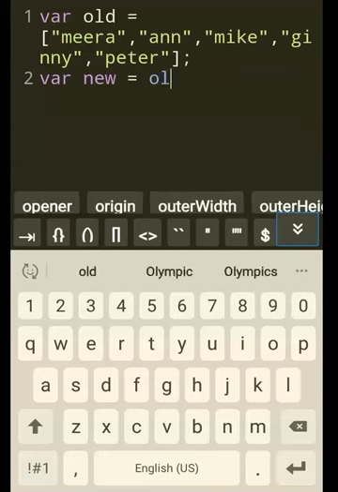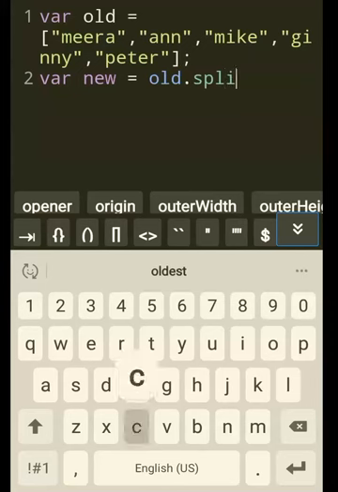Old, the previous array, dot splice, then the parenthesis. In the parenthesis, you have the following arguments. What is the first argument? The first argument would be the index position at which the addition or the removal of items takes place.